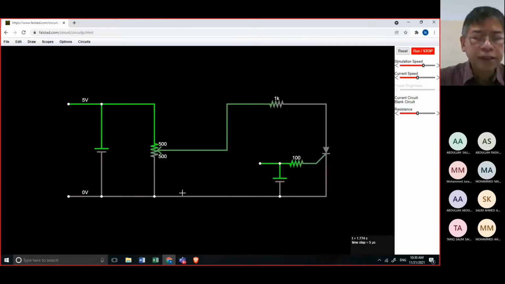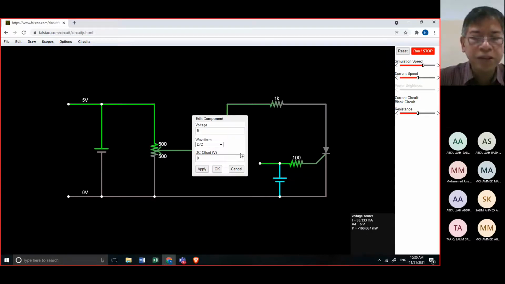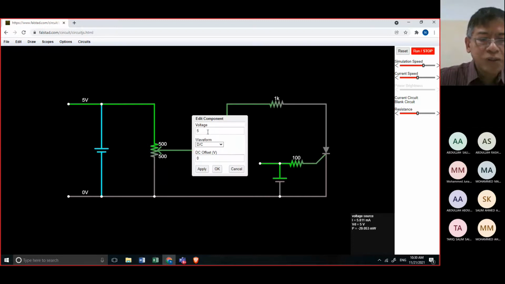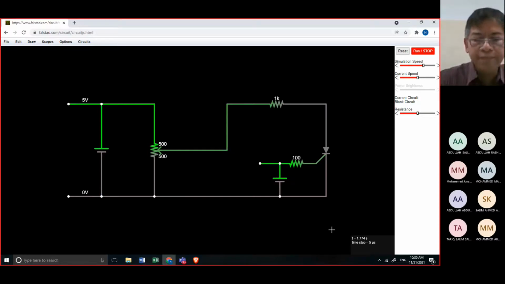From our circuit, if this is equal to 0 volt, we will start at 0. Then this one is equal to 0 also. We will start from 0, 0. What will happen?